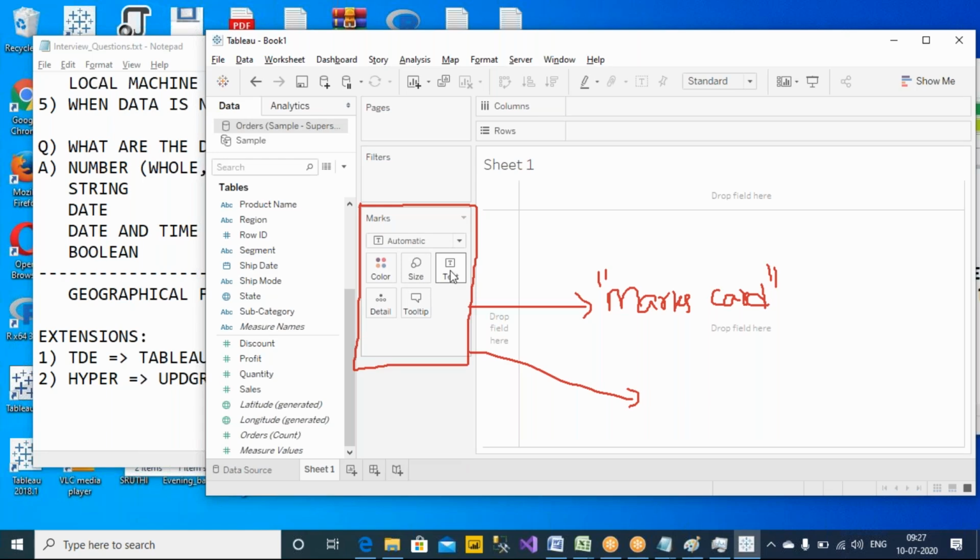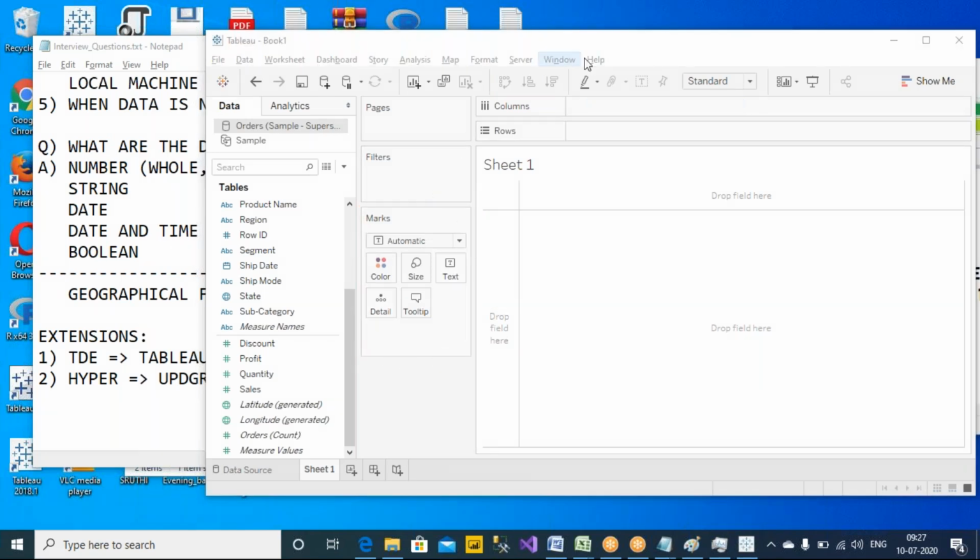Fine. And we have some buttons here. So you can change the colors, size, text. Interesting, this one. And details and the tooltips. All right, so keep an eye on this. So you have a few items in this marks card, which we use most of the time in these 5 shelves only. So most of the time we will be working on 1, 2, 3, and this part,